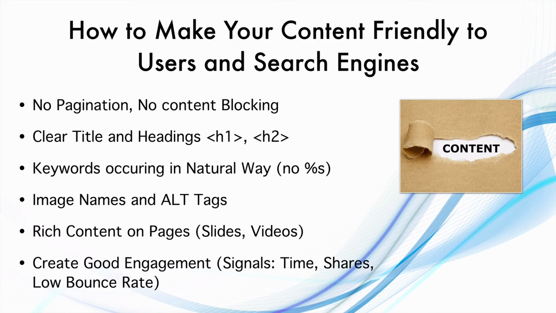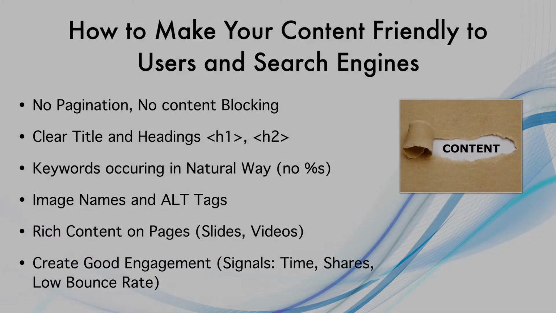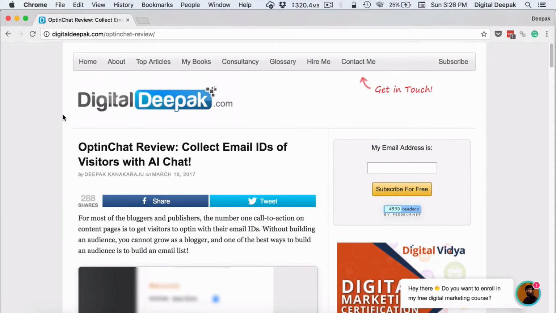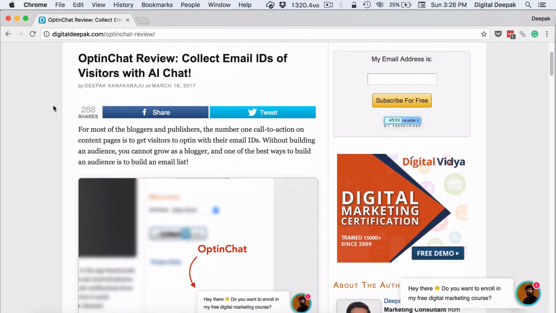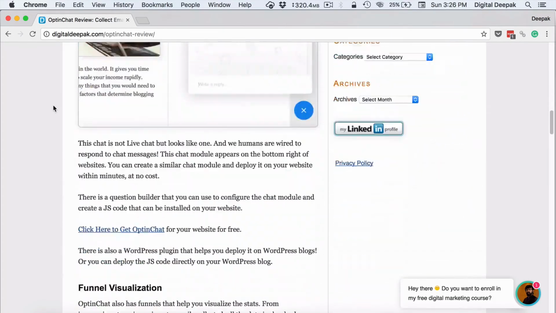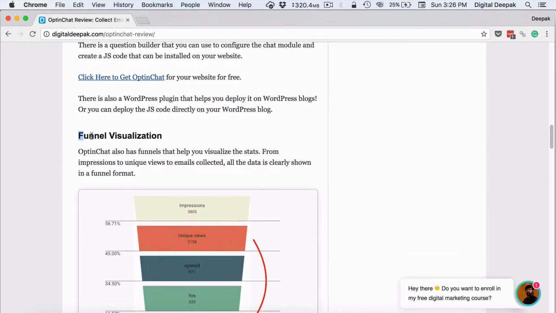So let me have a look at my own website. I will show you one of my blog posts and discuss some of the topics that we discussed here. So here I am in my blog. What you see here is the SEO title, which is also the title which appears on the Google search result pages. And what you see here is the H1 tag title. This particular title can be different from this title, and inside WordPress settings you will be able to edit that. Then subheadings can be in the H2 tags. So here you can see that these are H2 tags and those were H1 tags.